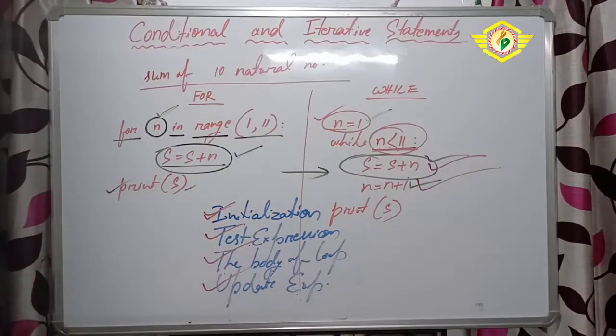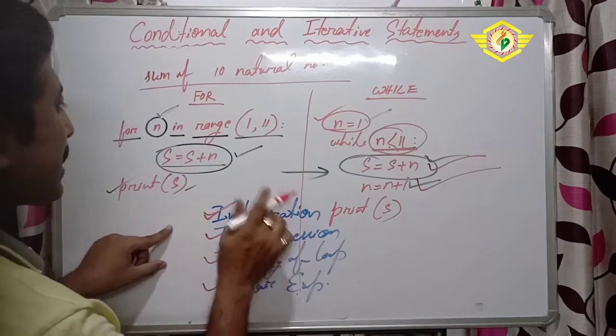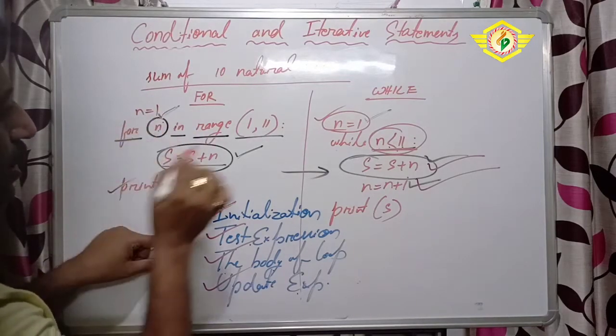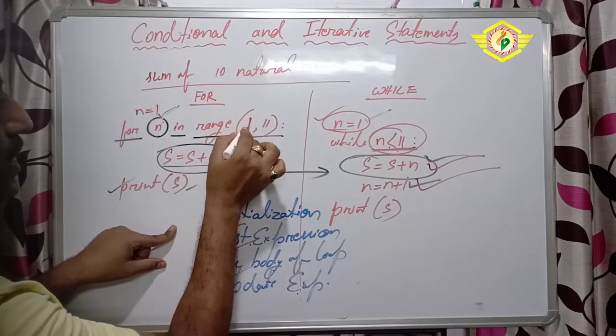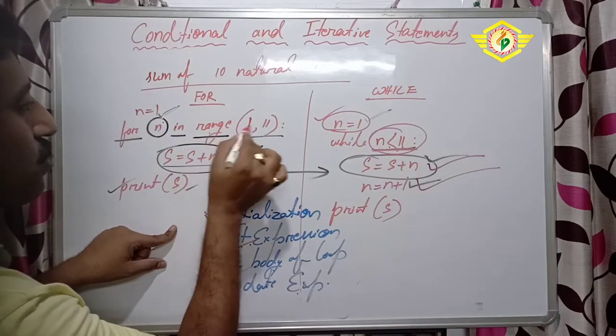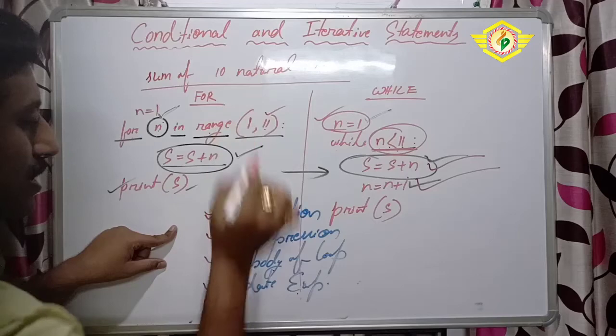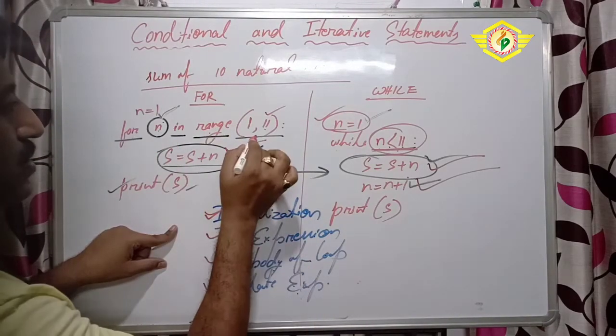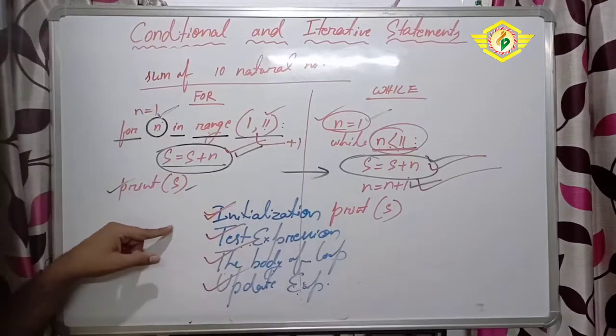I am showing you in a while loop, the same we can also do in a for loop. In case of initialization, I have not mentioned n here, but you can. The default is 1, because we have written 1 here, meaning it goes from 1. Test expression means it will continue till 11, that's why it is also a test expression. This is called the body of the loop. Updation means the default value is +1, that is called the updation.